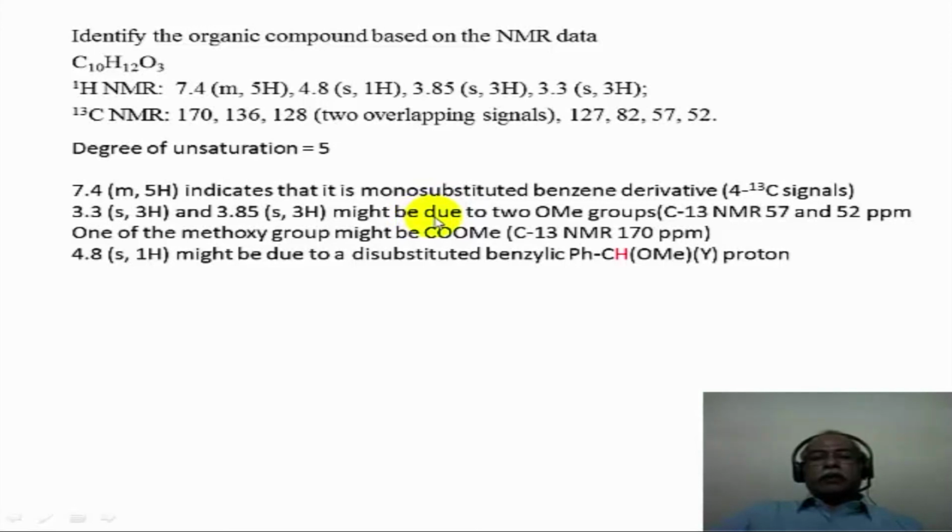to 4.8 ppm. So putting all these fragments together, you have 2 methoxy functional groups, 1 methoxy here and 1 methoxy here, 1 phenyl substituent here, and this is a CH which comes as a singlet around 4.8 ppm of 1 hydrogen, because this is triply substituted. The benzylic position has the highest delta value that one sees in this particular spectrum. And the unsaturation is also satisfied, 4 for this ring and 1 for the carbonyl functional group.